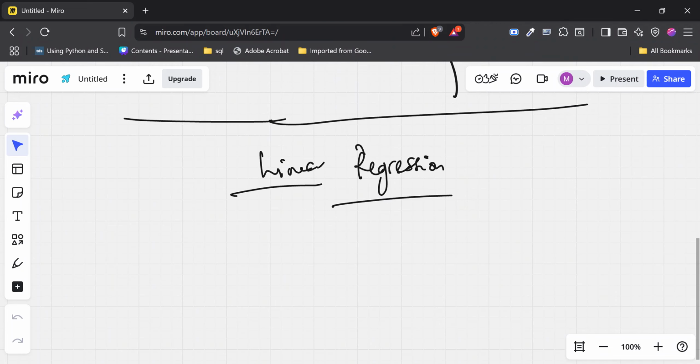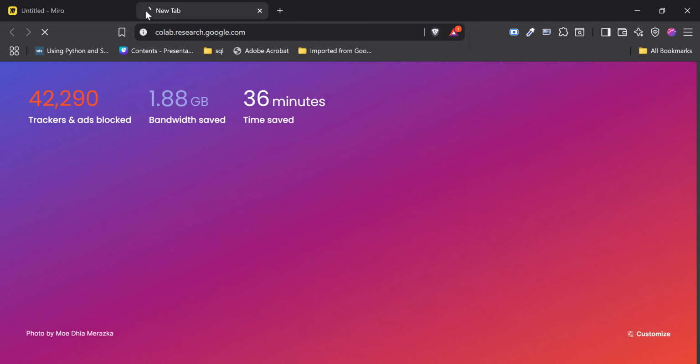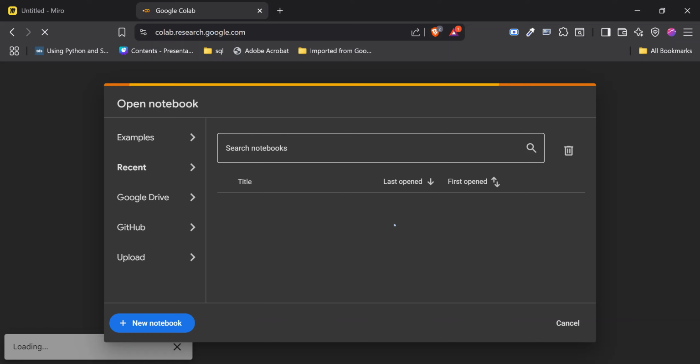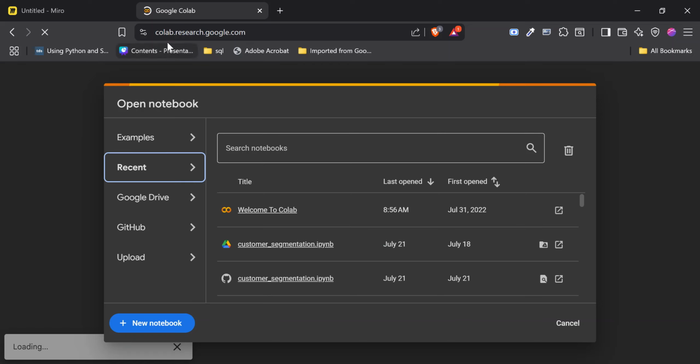Now, for this particular course, we are really going to be working on Colab. If you don't have a setup, you probably should do that. You don't really have much to do, because as long as you have a Google account, that comes with Colab. Just go to colab.research.google.com.